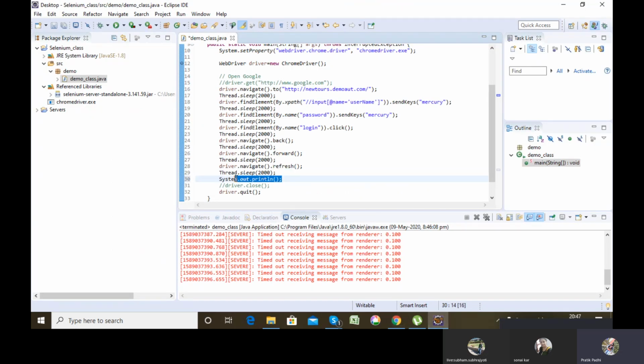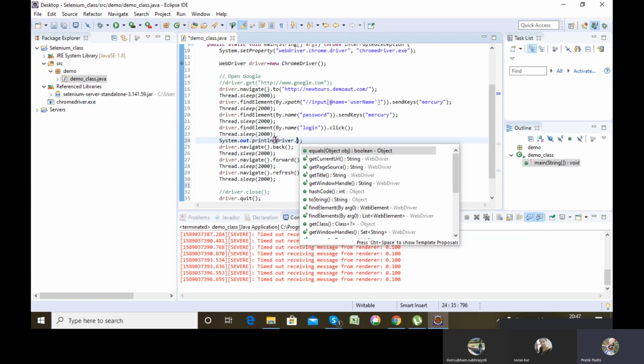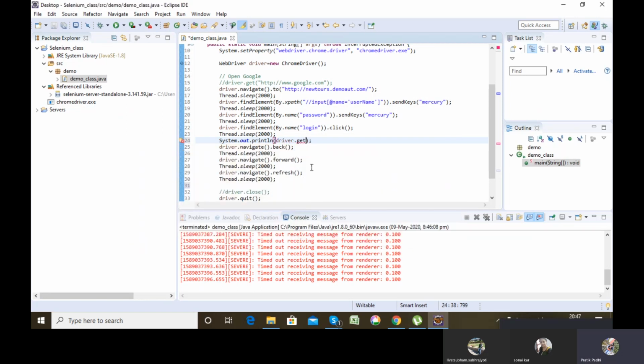So what I will do is driver.getTitle. So you can obtain the title of the current page which is under active mode of execution.